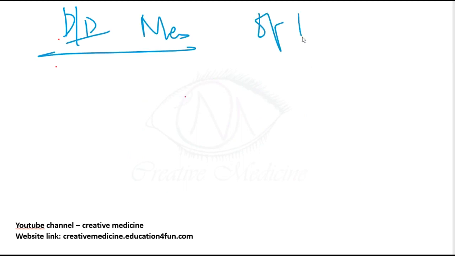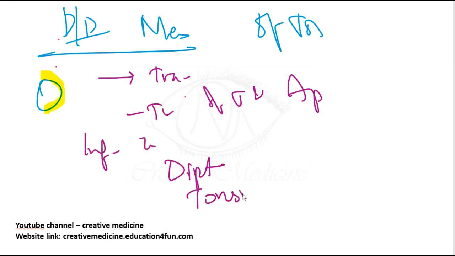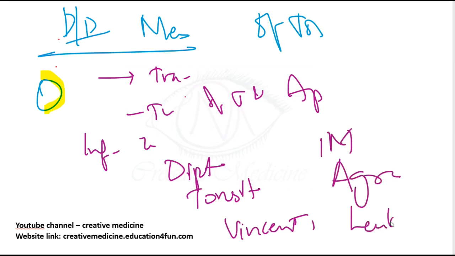Now, what is important here is the differential diagnosis of membrane over the tonsil. If this is the tonsil, what are the different conditions where you see a membrane over the tonsil? The differential diagnosis is trauma or tumor of the tonsils, aphthous ulcers, infections like candidal infection or diphtherial infection, membranous tonsillitis in Vincent's angina, infectious mononucleosis, agranulocytosis, and leukemia. In all these conditions, we see a membrane over the tonsils.